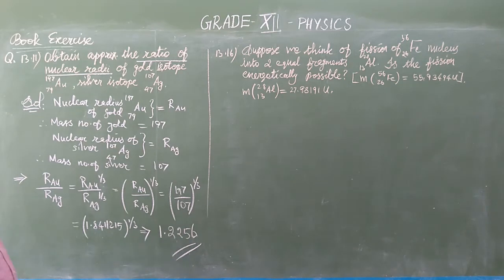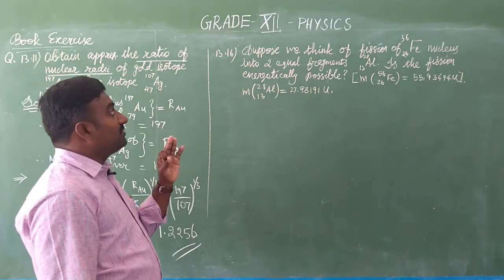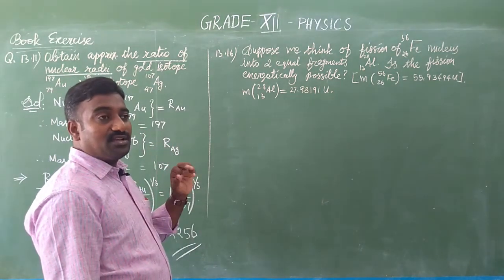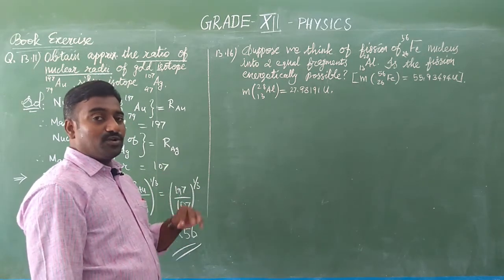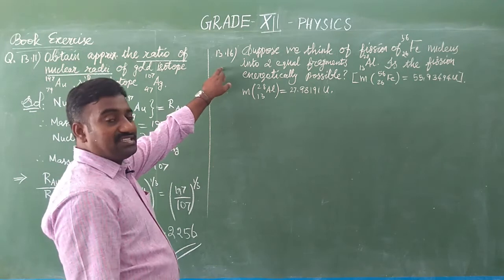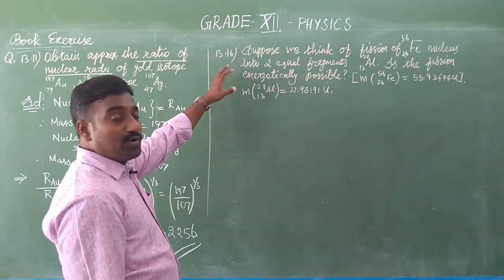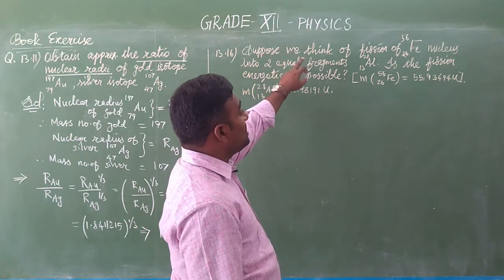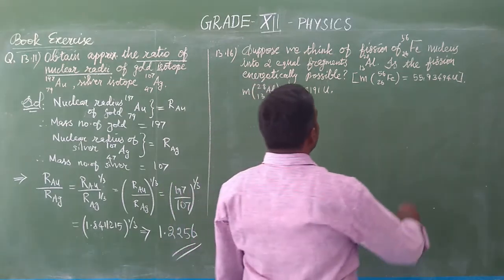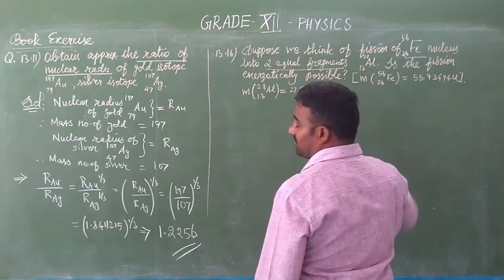Okay. Next we are moving to the 16th question. Because 12, 13, 14, 15, these questions are all related to half-life periods and the omitted topics, deleted portions. So the 16th is relevant to that. The topic is in our book. So we are going to see the 16th question. Look at the question. Suppose we think of the fission of an iron nucleus into two equal fragments of aluminum, which